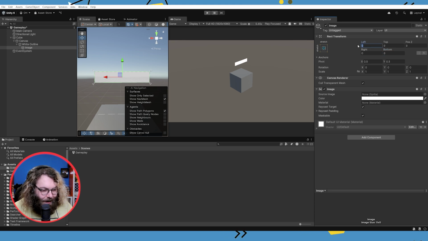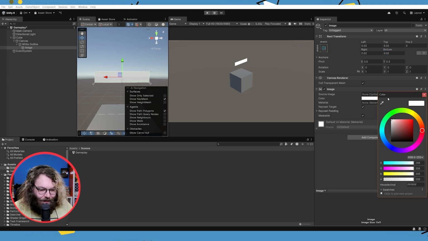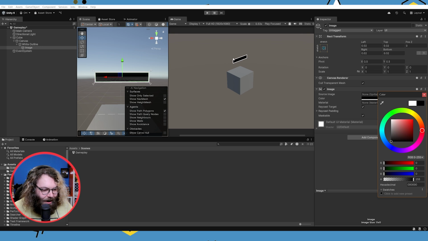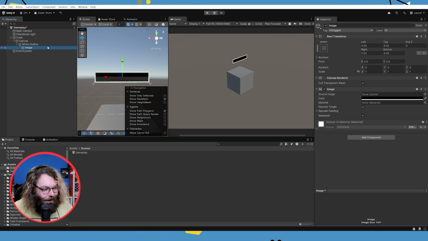And then actually I'm going to make it a little bit smaller. So I'm going to do 0.02. That should do it. 0.02. And 0.02 and 0.02, and I'm going to change this color to black. Nice. So now we've got a black background with a white outline. I'm just going to rename this to black background,